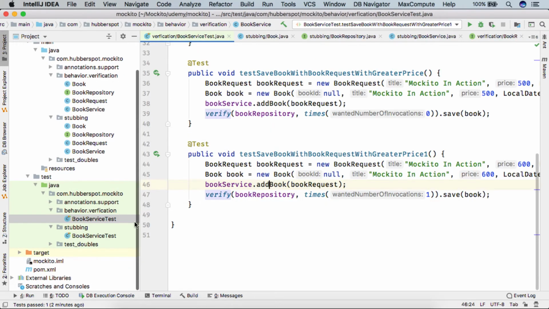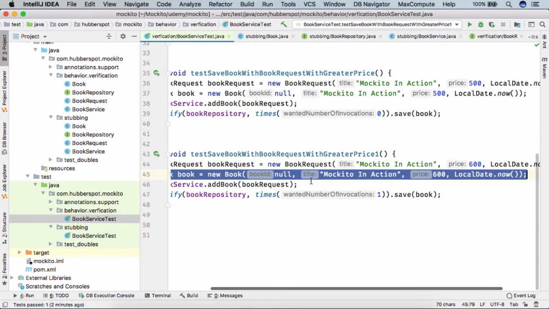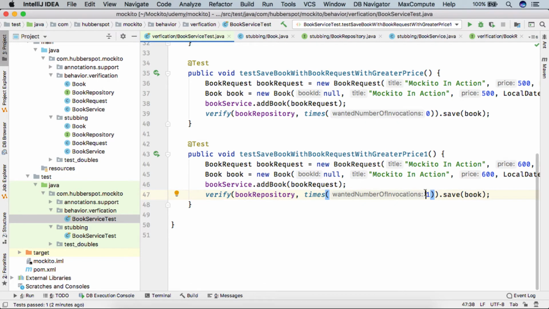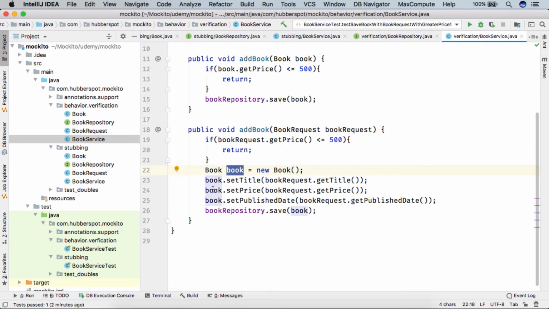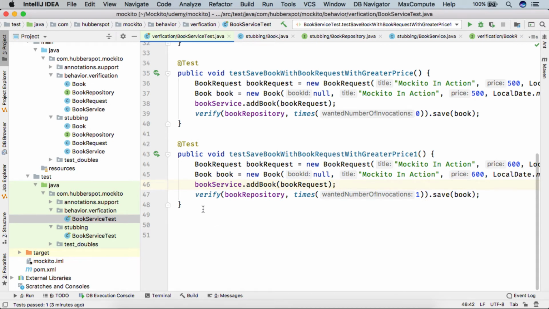And when we verify it here, Mockito will see that we are asking whether bookRepository.save was called with this book which we are providing here, once. So friends, Mockito will compare this book which we have provided here and this book which actually got created here with the equals method to simply verify the contents of both the books. So friends, here we will not only verify whether save was called or not, Mockito also helps us in knowing that save was called with a book with these contents or not.